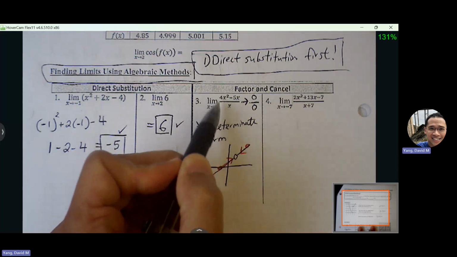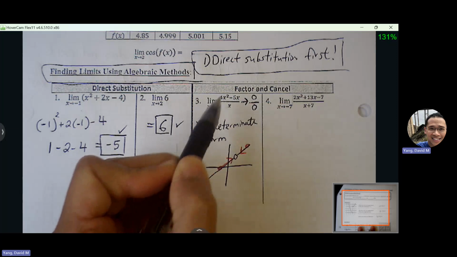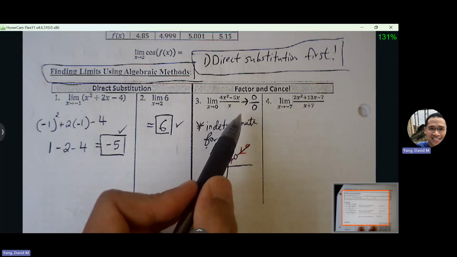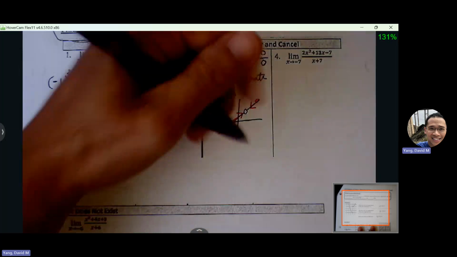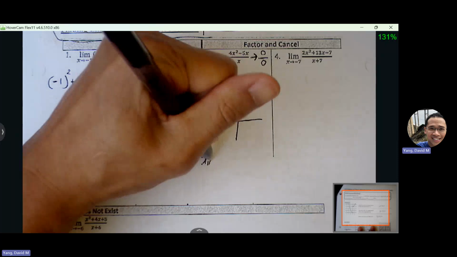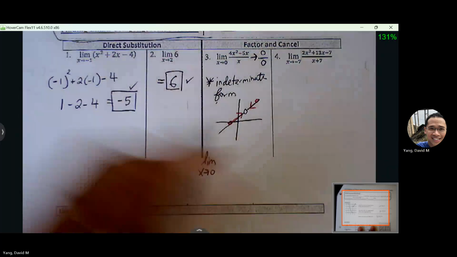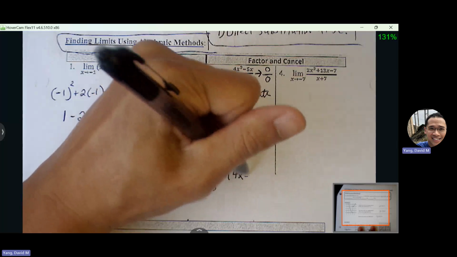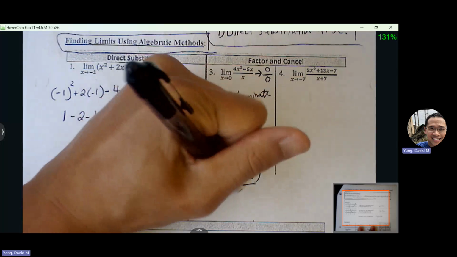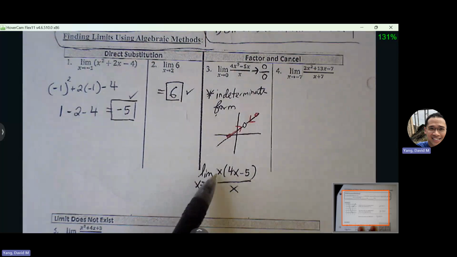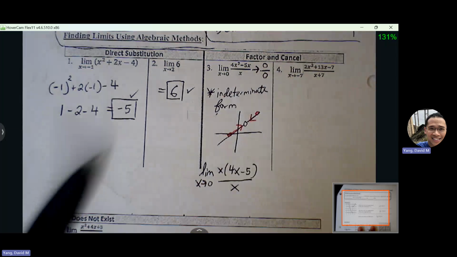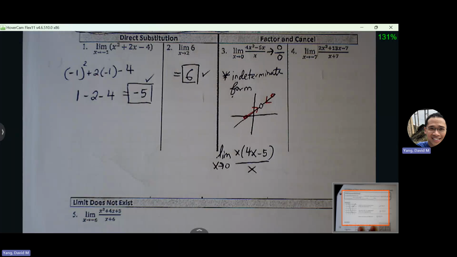There's something that you can factor out and something that you can cancel out to basically, in a sense, remove the hole and allow the function to see where that point is going to be. So if I look at the numerator here, what can I factor from the numerator? X. So if I factor x out, I'm left with 4x minus 5. And my denominator has an x as well. And this is what's causing the hole to appear. This x over x is causing that 0 over 0 to show up, which is preventing us from seeing what the true limit is. So as soon as we remove the hole,